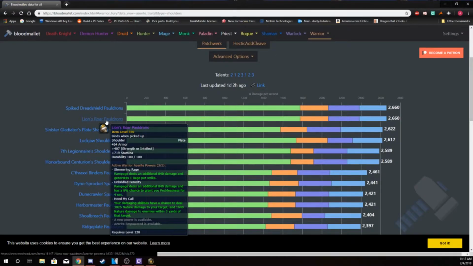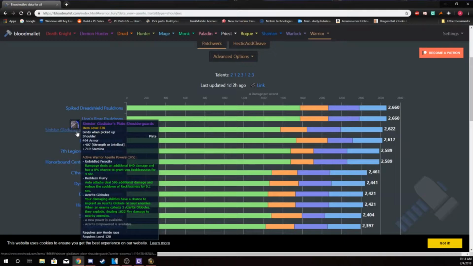So I don't know where they're getting these simulations. Maybe they get a lucky Titan Forge or something like that. I'm not sure, but I have no way of telling you if it's even possible, really. So we're gonna go ahead and move on to the second place spot, and that is the Sinister Gladiators Plate